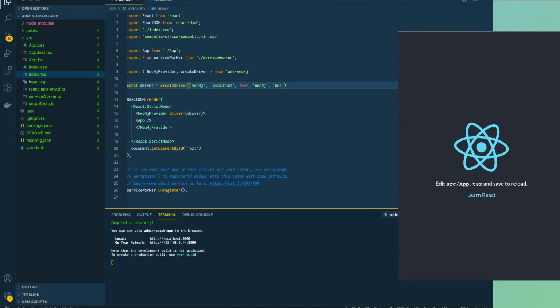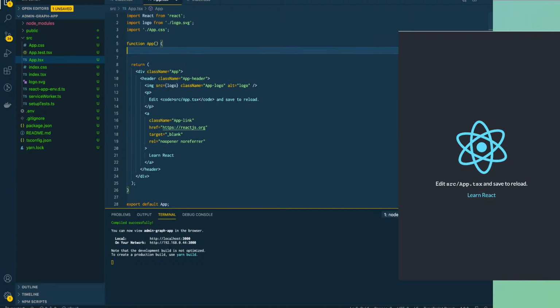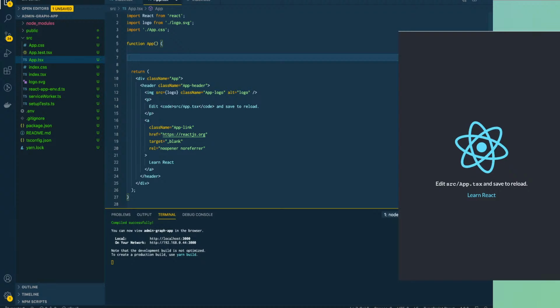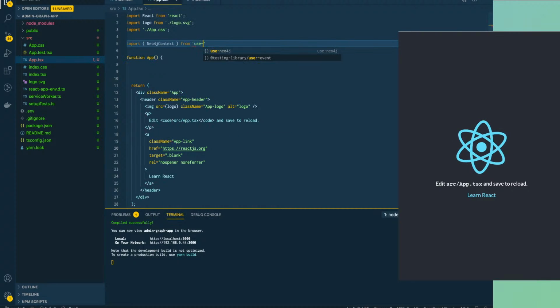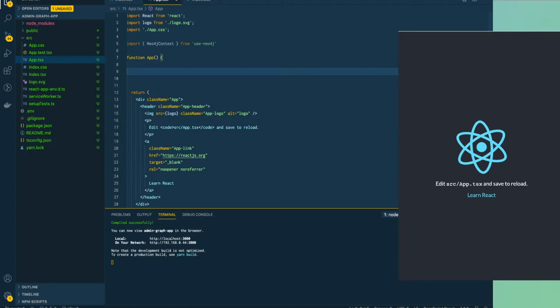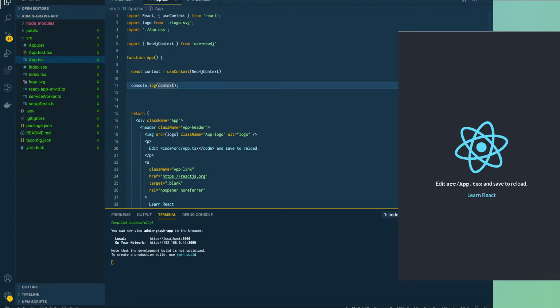The next job is then to start to query Neo4j. In order to do that, we've got some hooks. So if I go into app.tsx, there are a few ways I can get the information. I can use the context. If I import the Neo4j context from use-neo4j, I can then pull some information off of that. So I can say, for example, that the context is useContext, Neo4jContext, and if I just log out that context,